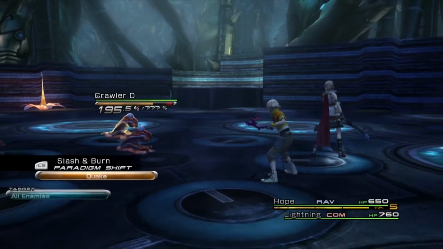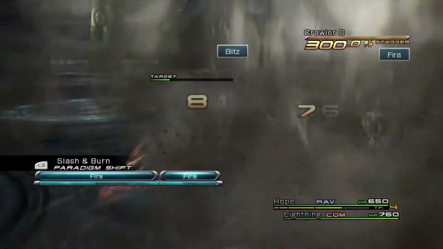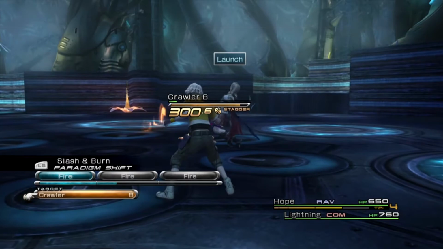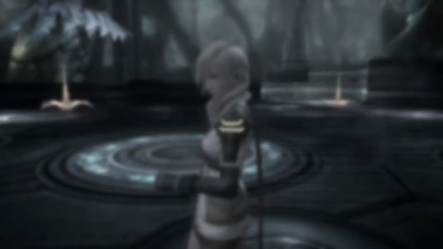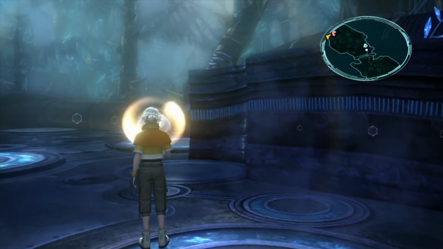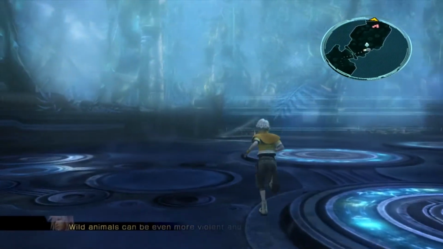Techniques, Quake. Can't give up now. So as you can see, that worked pretty well. Staggered them all at once. And it got rid of all of them except for the last one. So that was easy. Get out of here, crawlers. Okay. What's in there? 6 antidotes. I guess that could come in handy if you were that worried about poison, but...